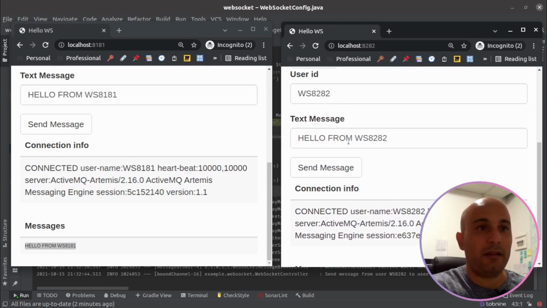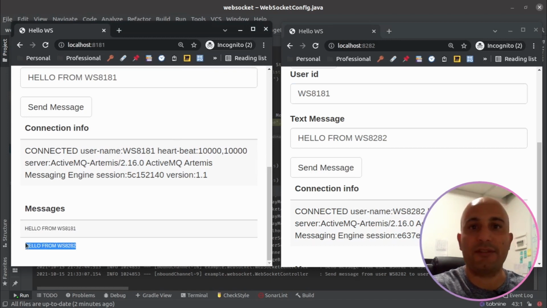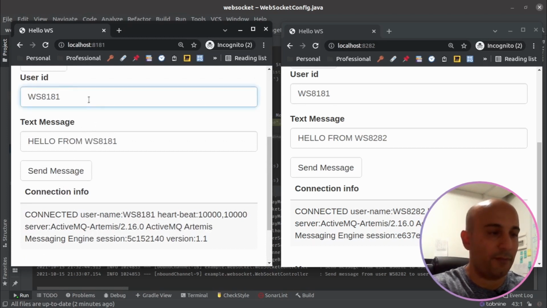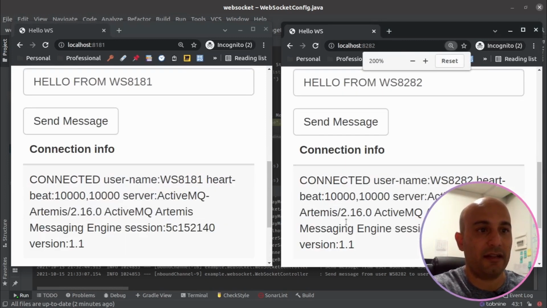And what I can do now is, from the clients that are connected to the second web service, the microservice, we can send with 8181 as the destination, not here, but here. I will send, and you can see in the other service that we received the message. And here I can do the same. From the 8181 client, I can send with 8282 as the destination, and we can see here that the other application